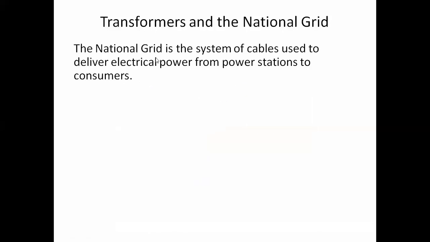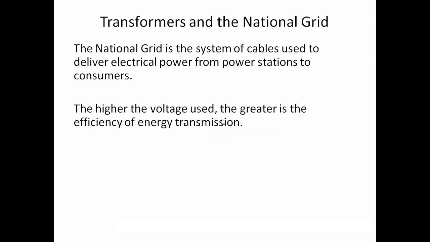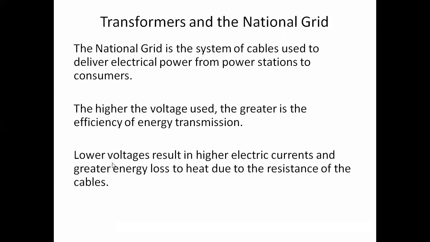Transformer and the national grid. The national grid is the system of cables used to deliver electrical power from power station to consumers. The higher the voltage used, the greater is the efficiency of the energy transmission, because the current will be smaller. It delivers power, Vp Ip. If the voltage in the secondary is greater, the current in the primary will be smaller, so that will produce less heating. Lower voltage means higher current, because power has to be the same, Vp Ip equals Vs Is. Higher current will cause energy to be lost in the form of heat, that is